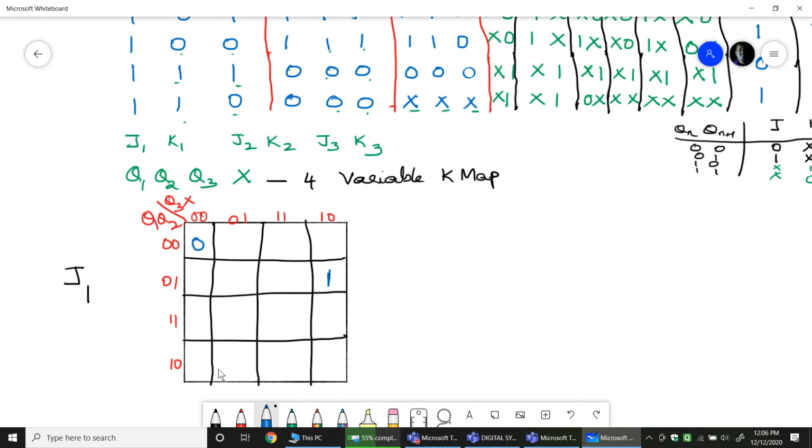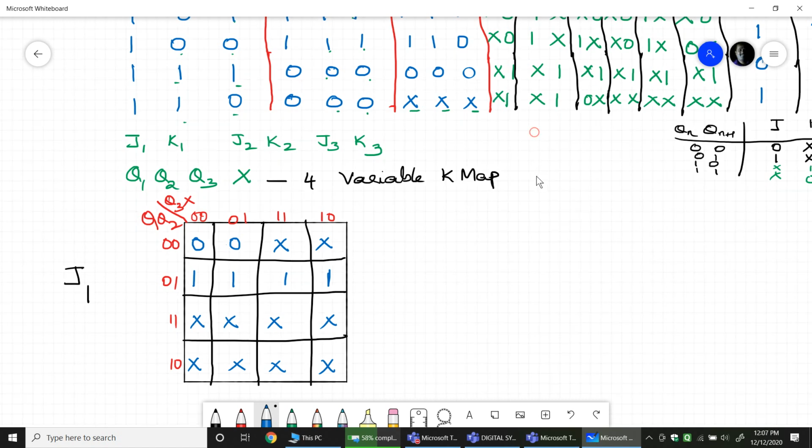So in a similar way you should look into the Q1 Q2 Q3 and X equals 0. You keep on entering the contents in the K-map. So you get 0 0 X X, 1 1 1 1, and all these are don't cares. So be careful in entering this data by looking into the table. I have written directly by looking into the book, but you people should look into the table and write the